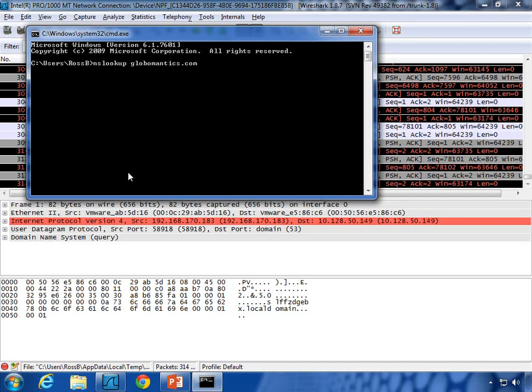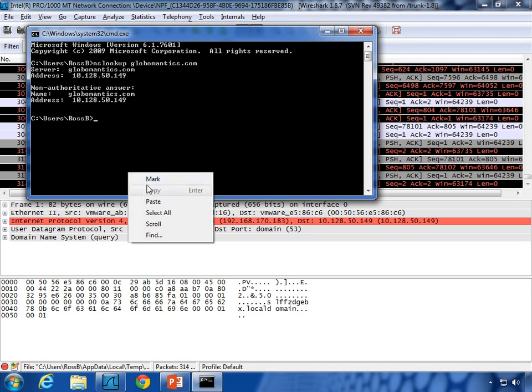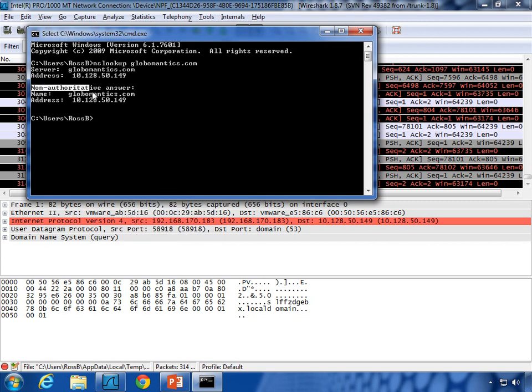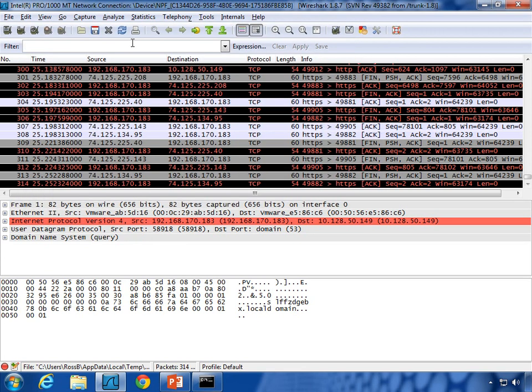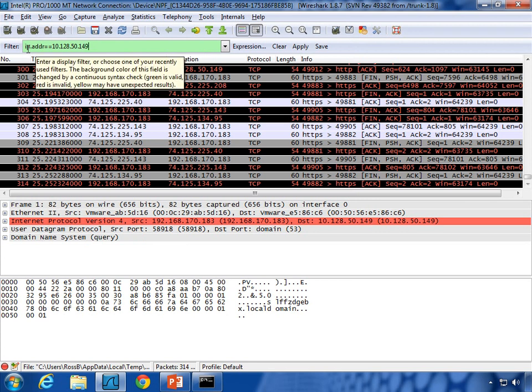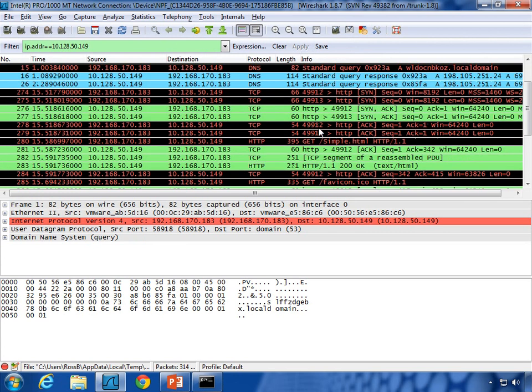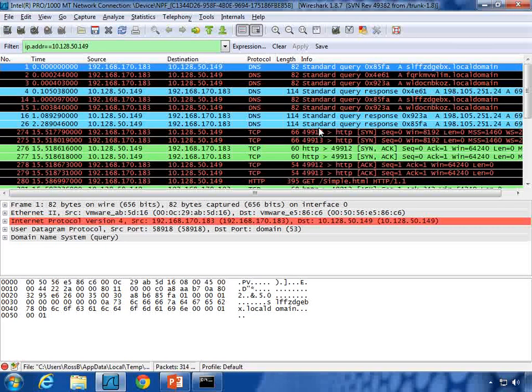And I want to know the IP address for globalmantics.com. And what that will do is it'll return a value here under non-authoritative answers saying address 10.128.50.149 is the IP address of globalmantics.com. I can then write a filter here that says only show me packets that have an IP address with 10.128.50.149 and click apply. And now that will limit my traffic to only the conversation between my workstation and the